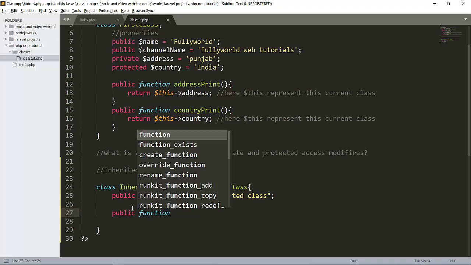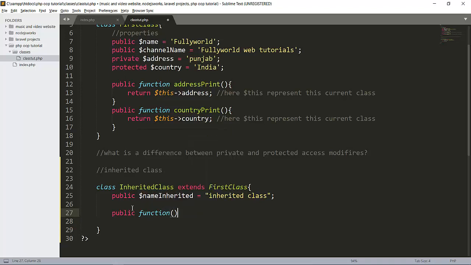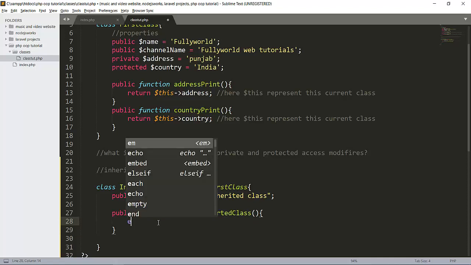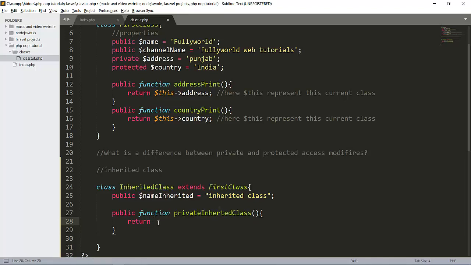Here will be our public function, and now the function will be private, in the inherited class. So now we will try to return this value. So here will be return $this.